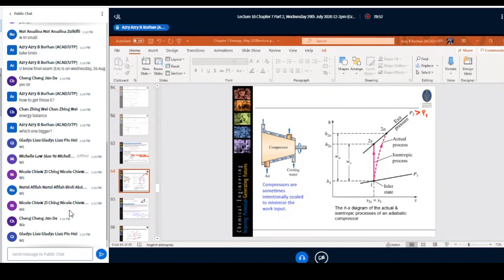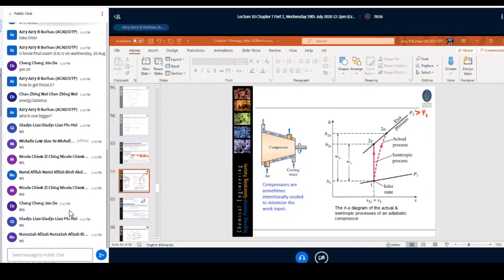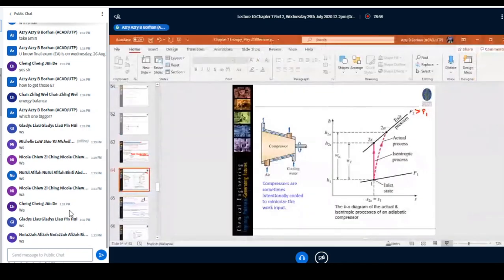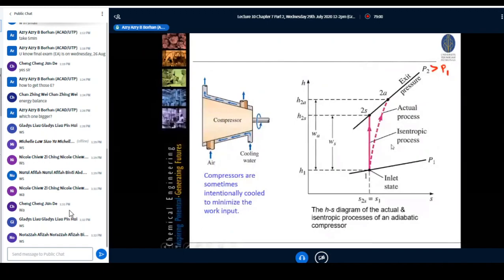What is this? Some say WA, some say WS. Okay guys, please observe carefully. Basically, you can see that WA is greater than WS. This is work input